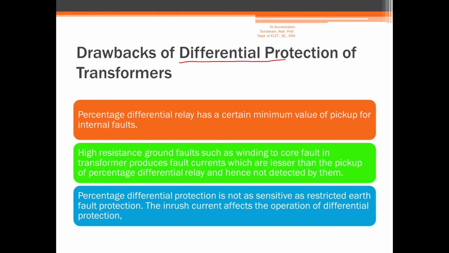If you remember, we used 6 identical transformers, 3 on the primary side of the transformer and 3 on the secondary side. Their ratings were different because the current on the primary side and the current on the secondary side were different. We successfully completed the experiment in the lab class. Now, in the percentage differential relay, the problem is, if you remember, we used a delay of 2 seconds